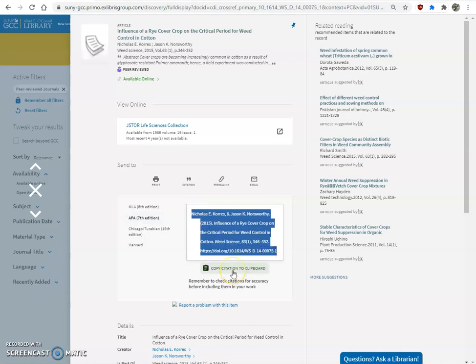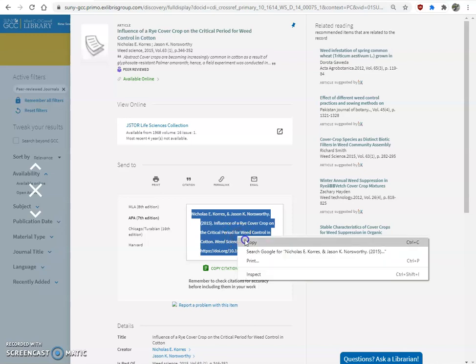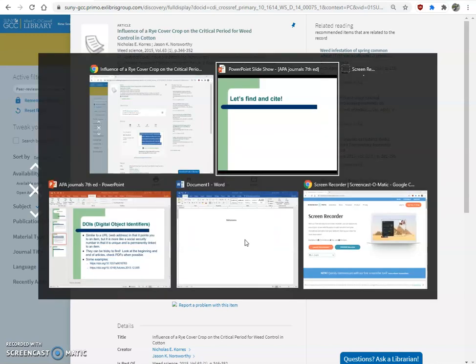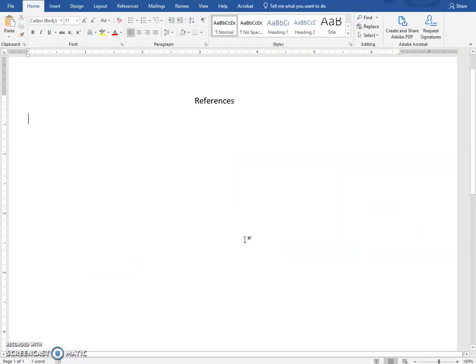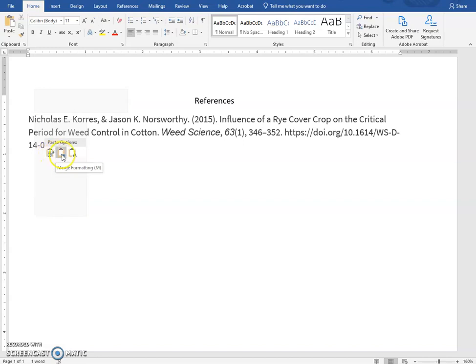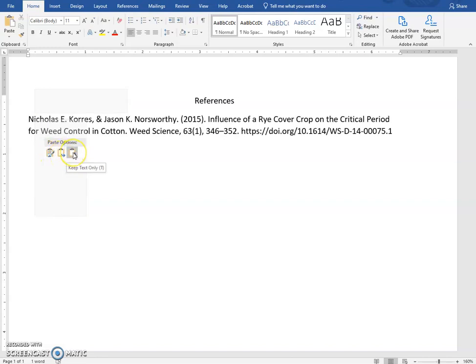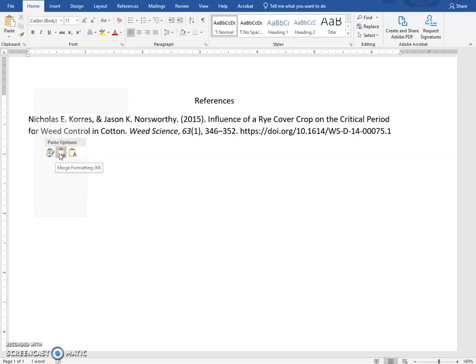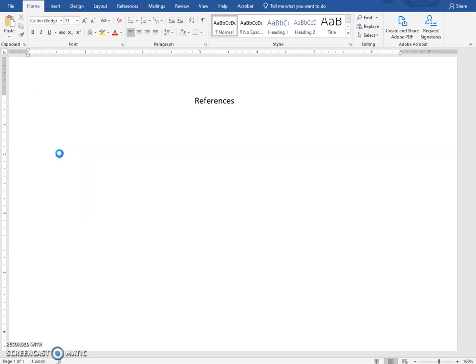Now, I could copy the citation to the clipboard, but I have found that I have more options when I highlight it and I copy it with my mouse or with my keyboard, Control-C. And let's go paste this in a Word document. And what I like about my options are when I right-click, I have those different format options. If I do just A, it pulls out all the formatting. If I keep the original, it's kind of like a picture. I like that middle one where it's sort of a blend of styles.